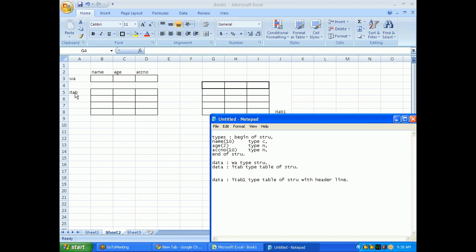Unicode means SAP is going towards an object oriented approach. OOPS ABAP concept will not accept an internal table with header line. So SAP is gradually eliminating the internal table with header line concept, and it's going towards internal table with explicit header line. Fine.